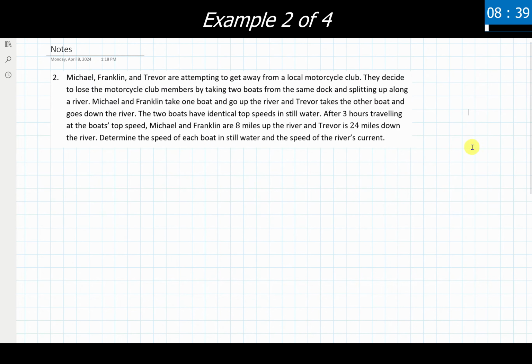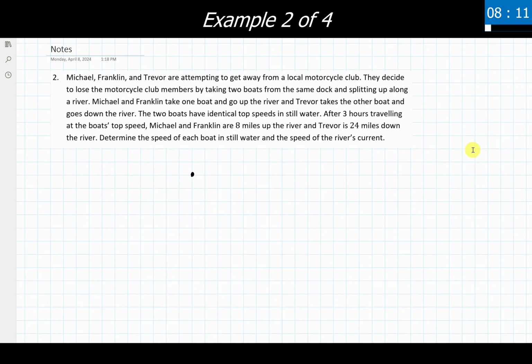So there's a lot going on with this problem, and I don't think it's obvious where to begin. If nothing else, maybe we can see that there's a time showing up and some distances, but weird things going on with speeds and rates. So at the very best, this is probably a DIRT problem, distance equals rate times time. But how we get something formulated from there, well, maybe we draw a picture and see what that looks like.